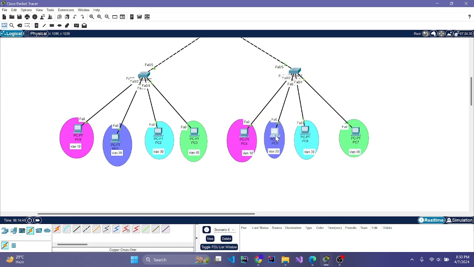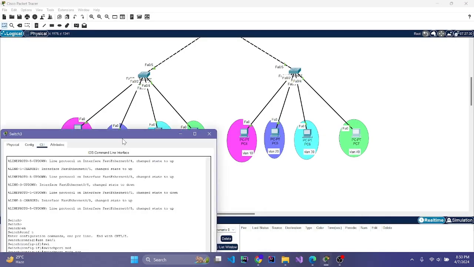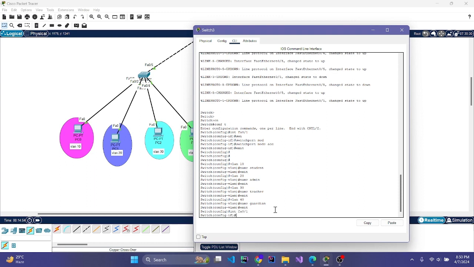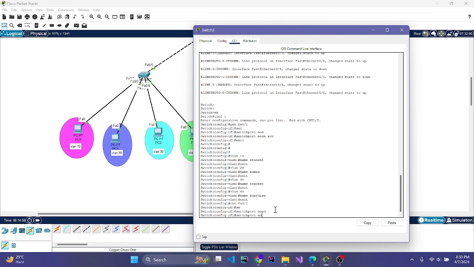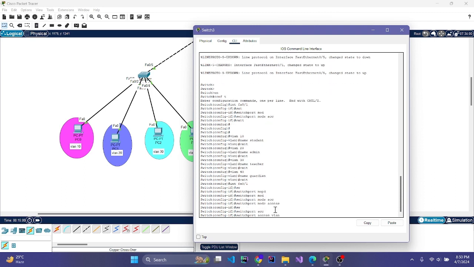01, 02, 03, 04. Okay, fair. Now I do /1 switch port mode access, switch port access, and then